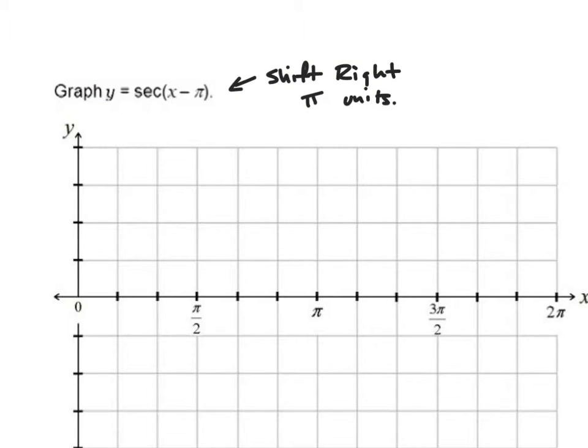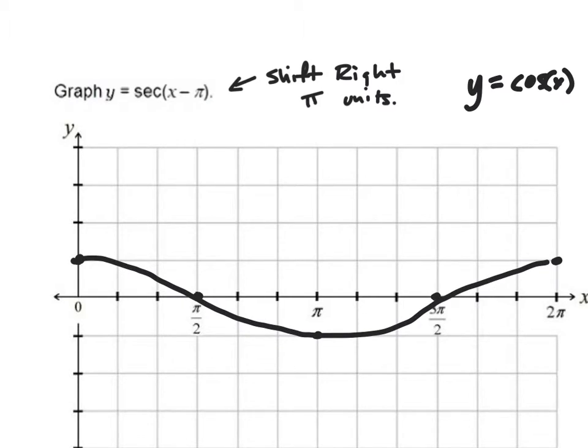Okay, so what I'd want to do, let's just graph our secant graph. So let's graph first y equals cosine of x. Okay, that's 0, 1, pi over 2, 0, pi, negative 1, 3 pi over 2, 0, 2 pi is at 1. Okay, so here's our